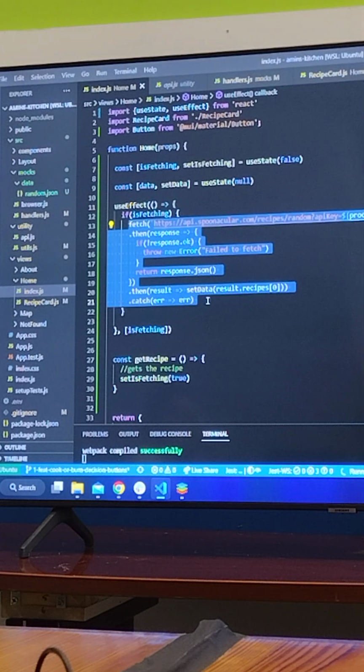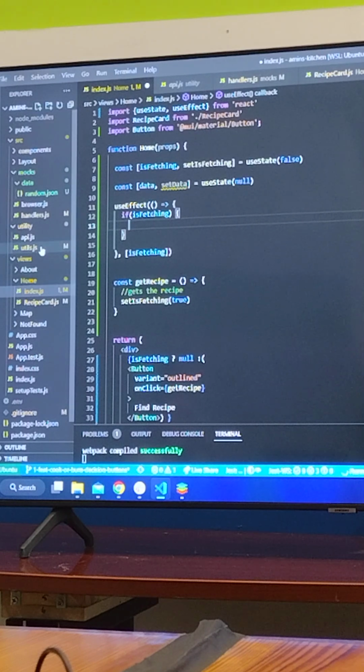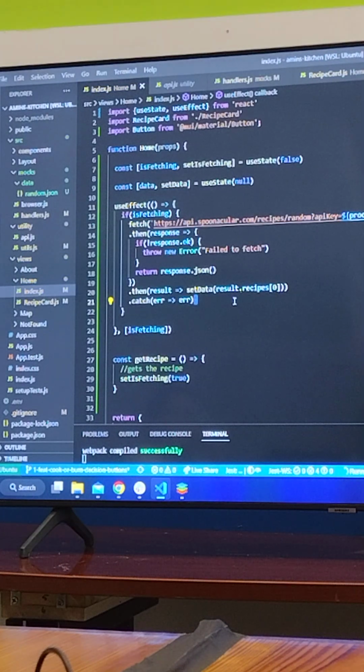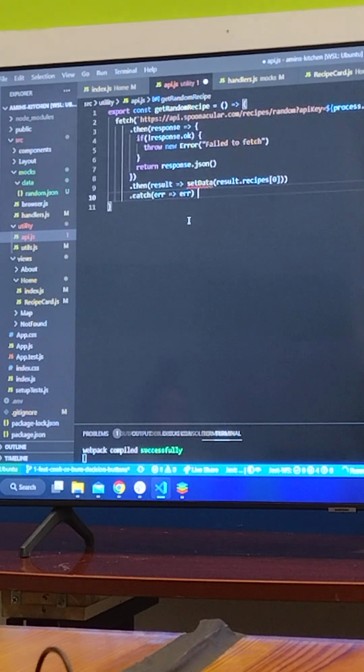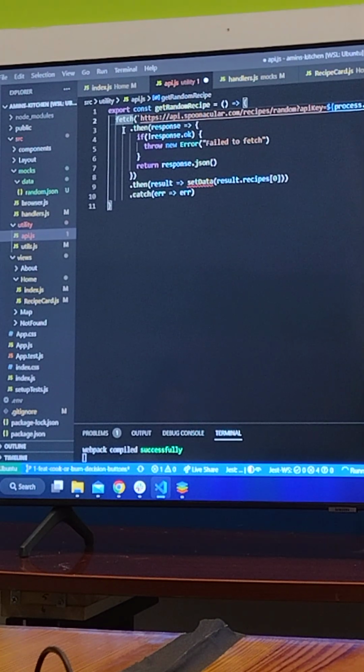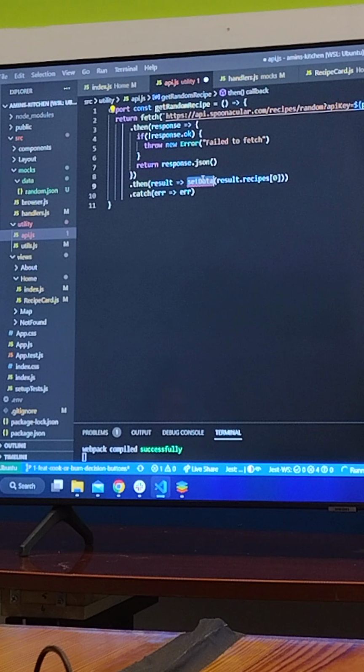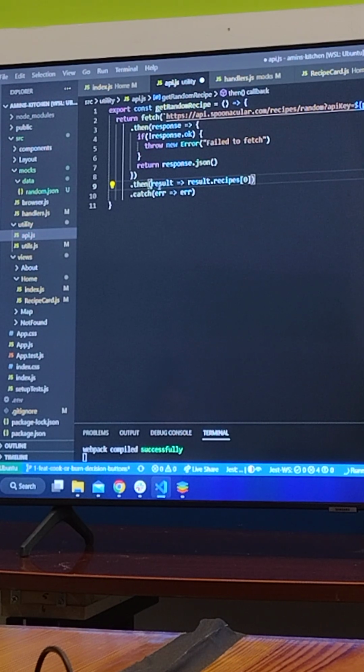I take this fetch request and delete it from here, and we'll leave it there for a quick second, but I put it in my API and I can export const getRandomRecipe, right? Then I can paste it in here and return the fetch. And see here, it says set data. I can't set data in here, but I can use dot then, because I'm returning